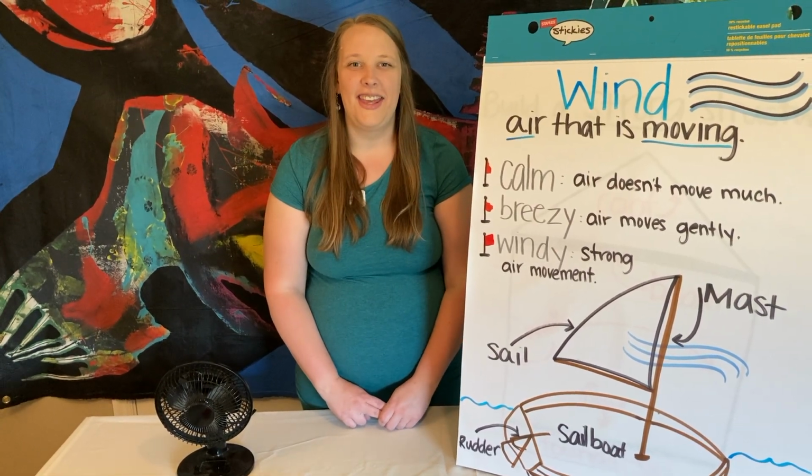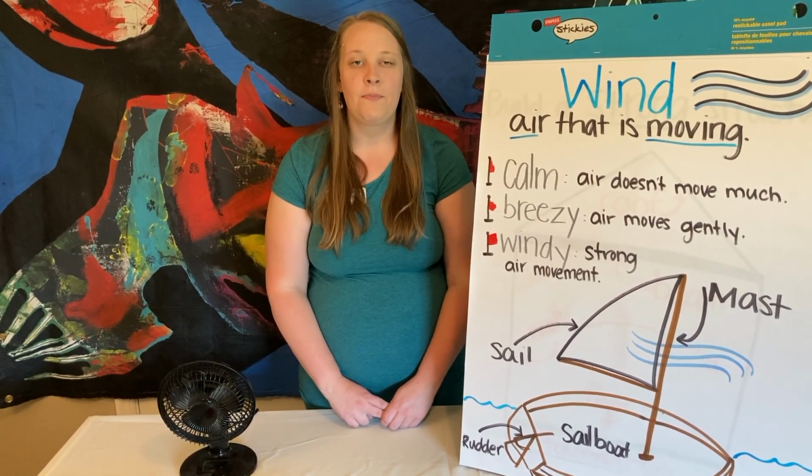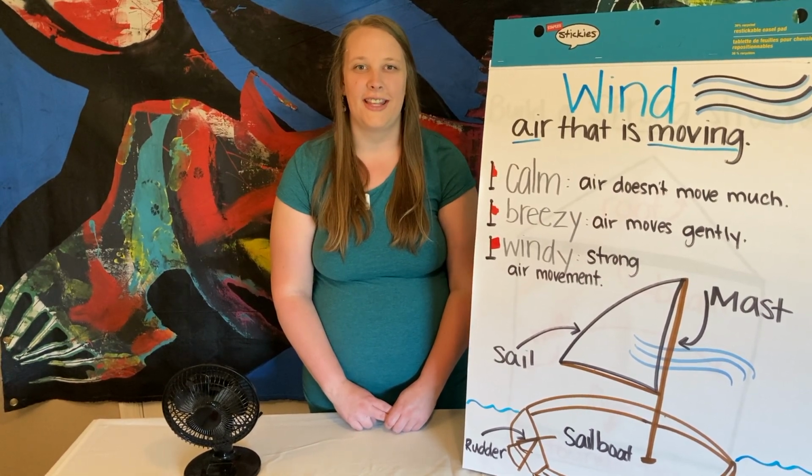Your challenge this week is to build the 3 Little Pigs houses and see if you can knock them over using wind. You can take a video of your houses or take pictures and send them to your teacher, and she will send them to me, and I will